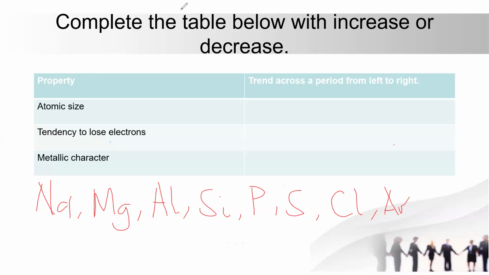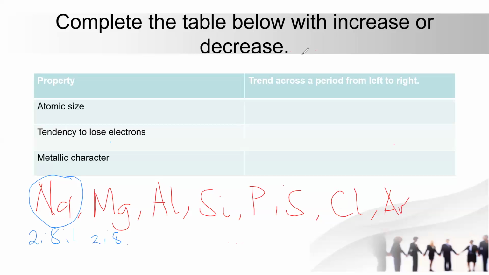Endo. It's sodium. Okay, do we all agree? So we said sodium has the largest atomic radius in this whole period. So that means if it has the highest atomic radius, remember in our previous slide, we've said if there is an increase in atomic radius, that means there is an increase in the tendency to lose electrons. And that means the metallic character also does what? Increases. So in this case, you notice that sodium, because of its large atomic radius, has a higher metallic character. So as we go on, you notice that this one has a configuration of 2 to 8 to 1,